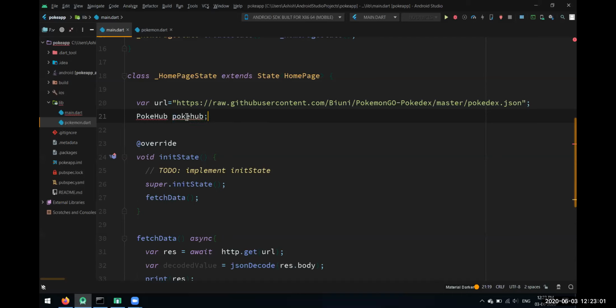We have to import the PokeHub class, that's why it is giving us an error. Okay, we imported it. Now use camel case whenever you are declaring variables, otherwise it will give that yellow line. I hope all of you know what the camel case style of writing is.